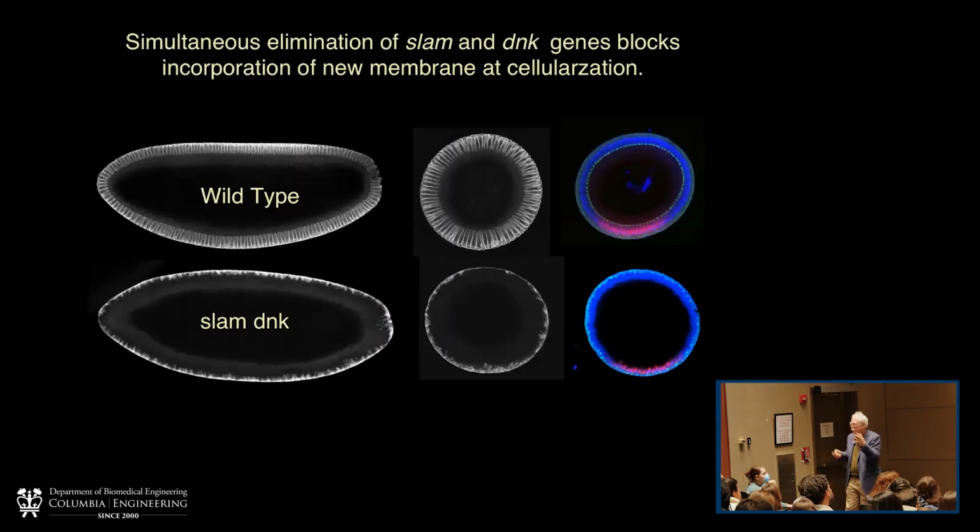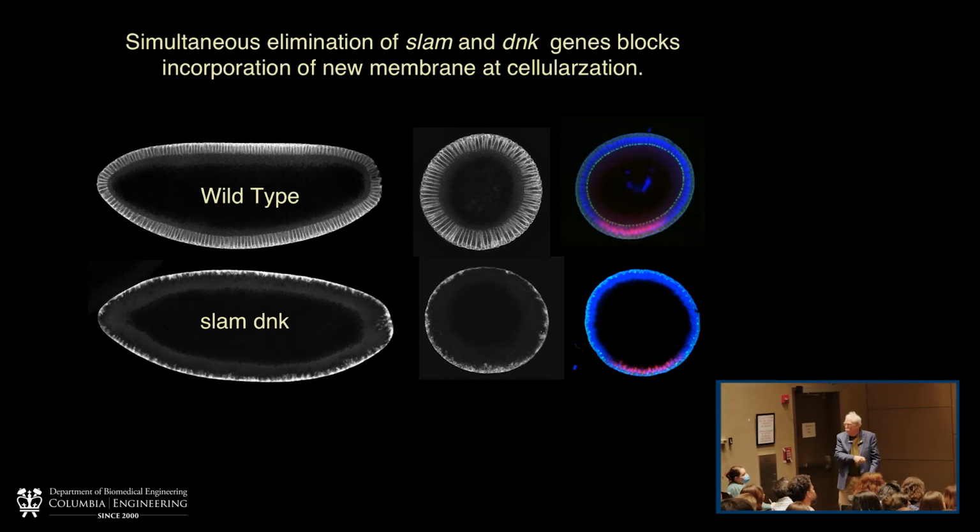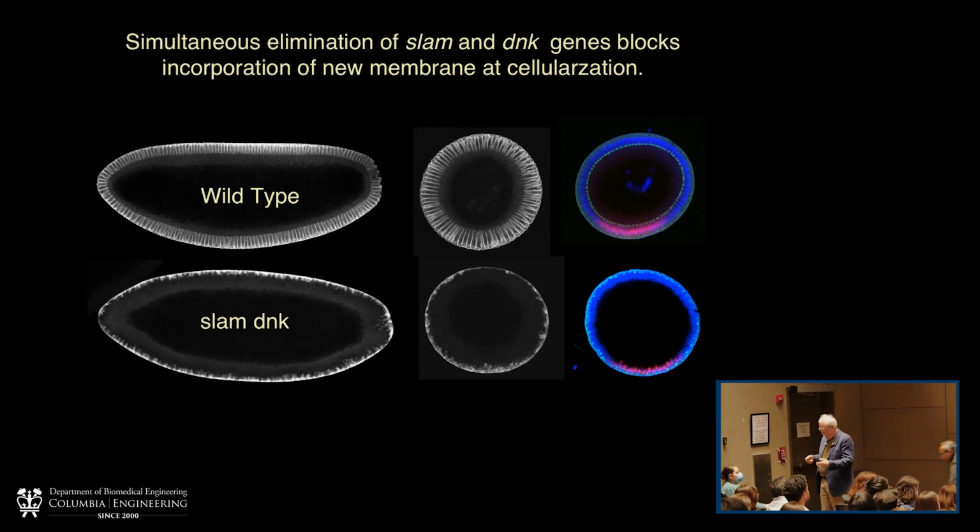The slam dunk phenotype is, so you can see this here. This is a wild-type embryo. It's completed cellularization. This is in cross-section. Here you can see the expression of twist in the ventral region. This is a slam dunk. Remember, they have the membrane. What they're unable to do is organize this membrane into coherent sheets. So it's a very floccular membranous material. And they don't cellularize, but they do express the appropriate genes ventrally, twist and snail. They activate myosin and will drive.